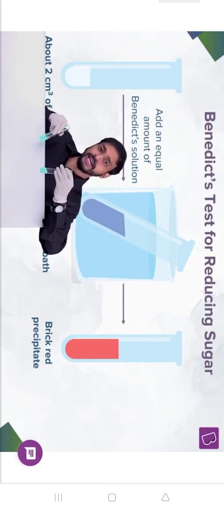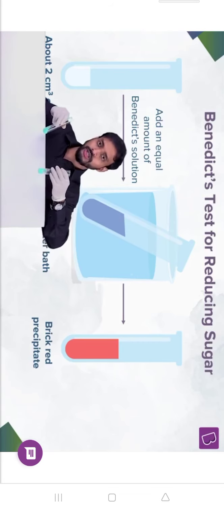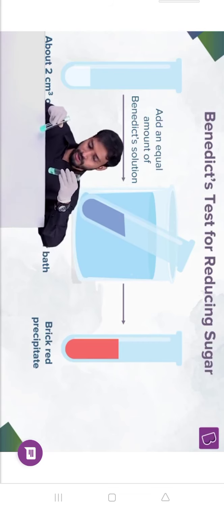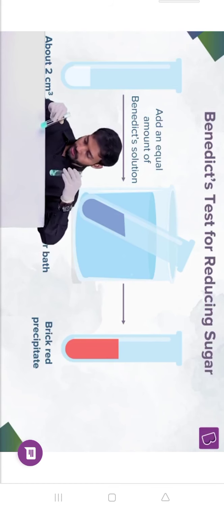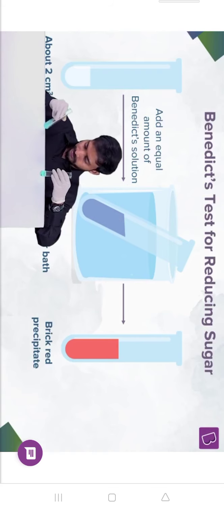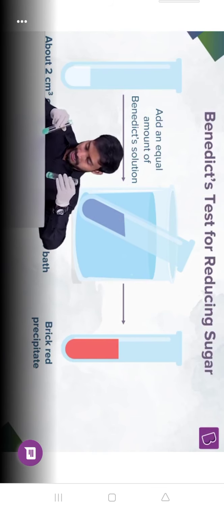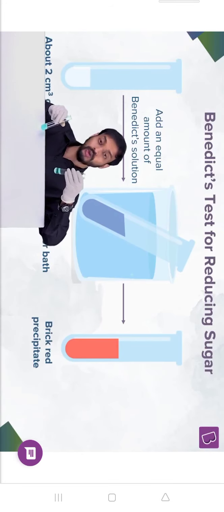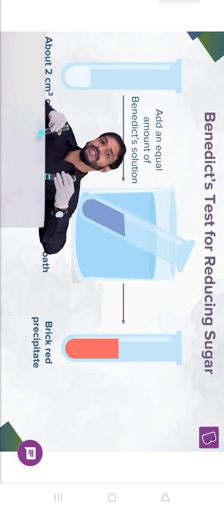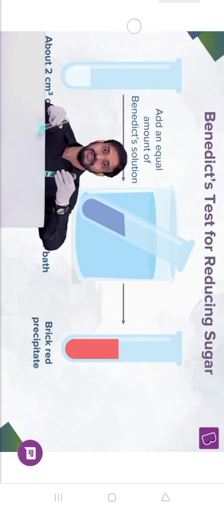And can any one of you tell me what is reduction? What do you mean by oxidation? What do you mean by reduction? Because that is important. In the meanwhile, I'll just shake it so that it quickly gets dissolved. See the color? Blue. You know, if a substance loses an electron in a chemical reaction, it's called oxidation. If it gains an electron,